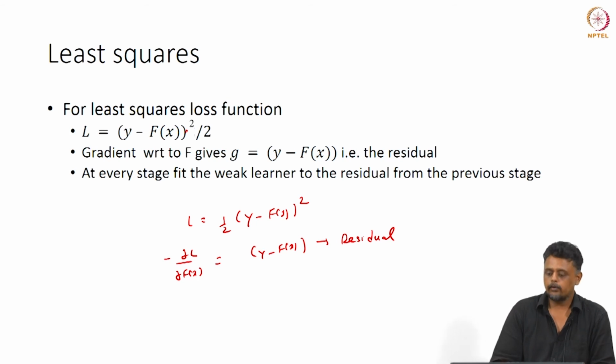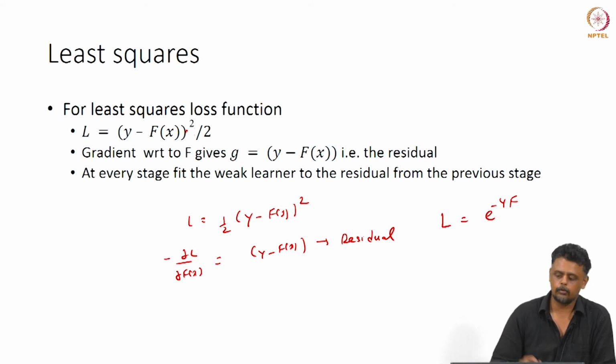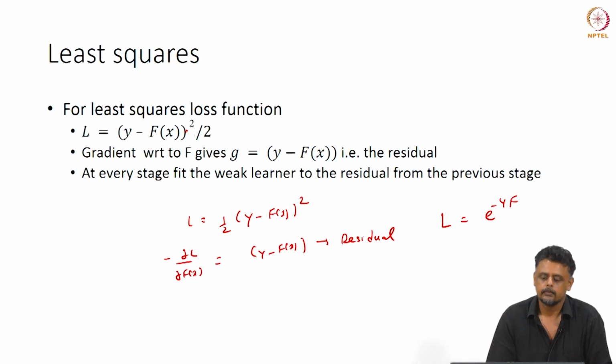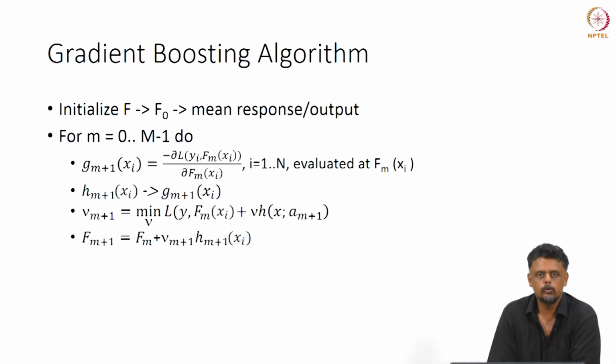Okay. So we also saw AdaBoost, remember AdaBoost. AdaBoost corresponds to e raised to minus y f, which is the loss function for AdaBoost. So you can actually derive the update equations for AdaBoost starting from this loss function. That is one way of doing it. You can see that for a variety of losses, there is also something called Huber loss, which we have not covered, but you can look that up. Once again, you can use Huber loss as a loss function and do it.